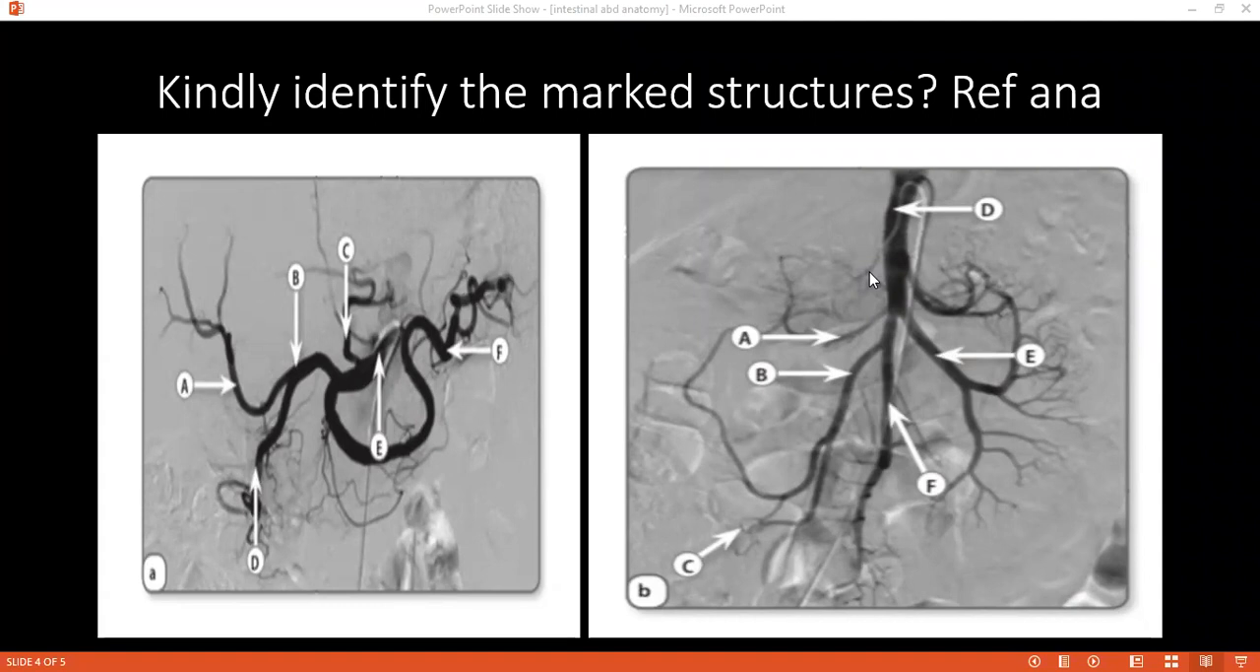The diagram on the right, ma'am. First tell picture B, because he told picture A. B is right colic. Which vessel is D? D is the superior mesenteric artery. If you can identify all the structures, please. D is superior mesenteric. A is middle colic. B is right colic. C is ileocolic, and F is